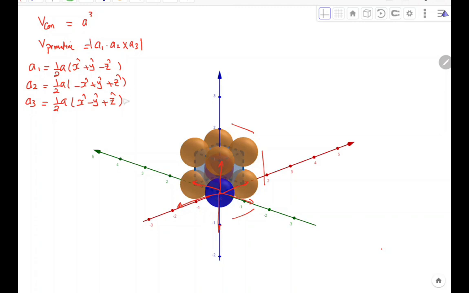When you just multiply this and this using this rule here, you will find the volume of the primitive cell is equal to a cube